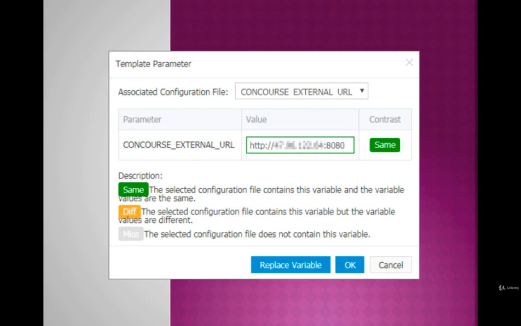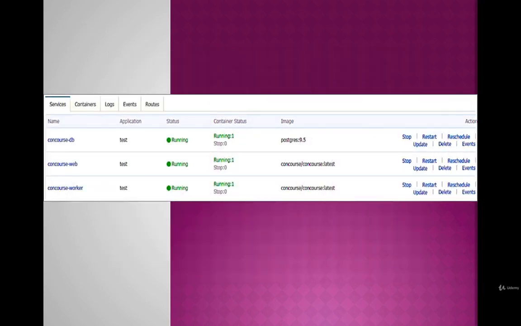After the application is created, the following 3 services are started, which you can see on the screen currently. Then the Concourse CI deployment is finished. Enter http://your-ECS-public-IP:8080 in the browser to access Concourse CI.